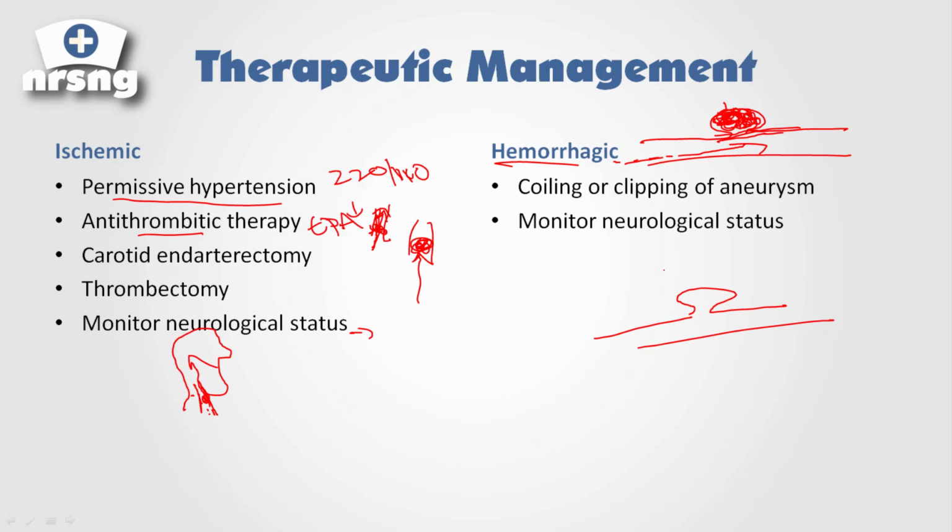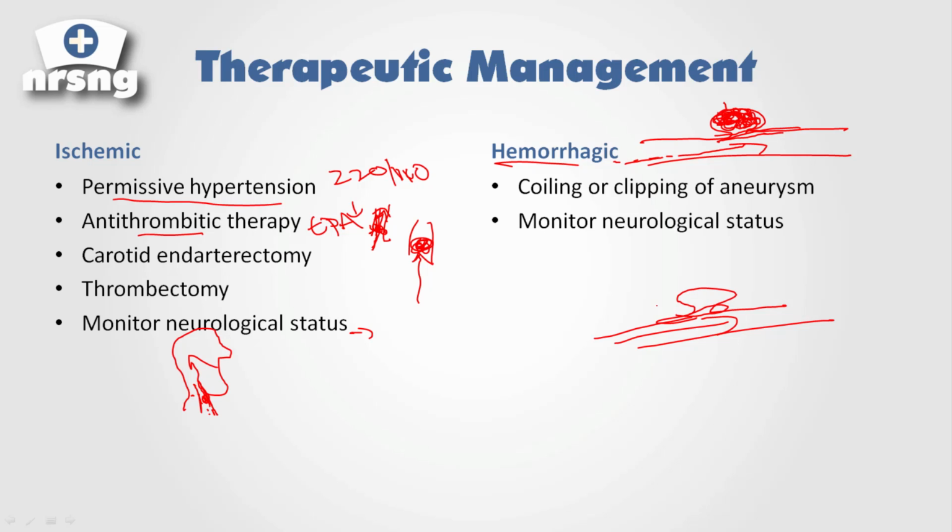With clipping, they actually go in and do a craniotomy. They'll open the skull and they'll go in and actually clip this off. Okay, so that's kind of the difference between coiling and clipping. With these patients, one of our biggest concerns is going to be to prevent spasming of these vessels. Okay, we want these vessels to continue to keep the blood flow as they should, and so after we do this coiling and clipping, we get their blood pressure up just a tad again and make sure they're getting enough blood flow.